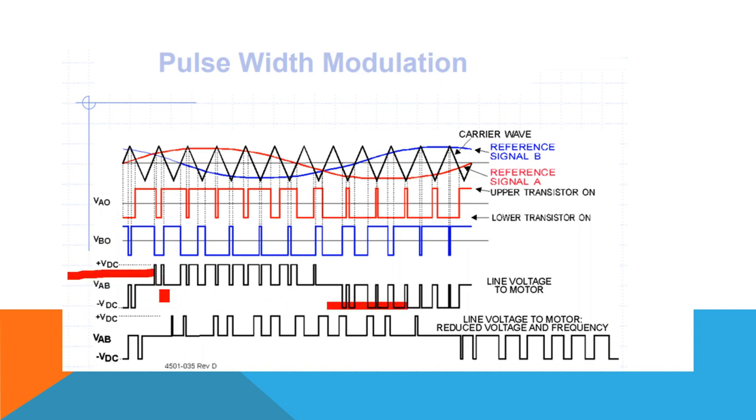Here we will be able to see the DC switching action. Minimum on time gradually increasing, and at the maximum point of the mid part it is the maximum, and further it is reducing. So we will be getting a line voltage. If we want reduced line voltage and frequency to the motor, what we are going to do? We will be increasing the widths like this. You can see the difference here, the on time difference is here, and based on that we will be getting a reduced voltage and frequency. The motor can get any voltage and any frequency as desired from the VFD output.